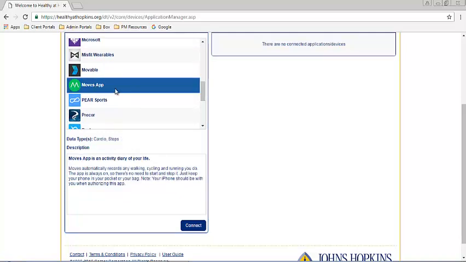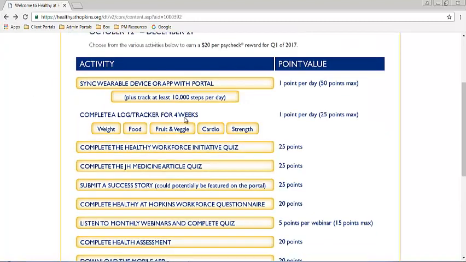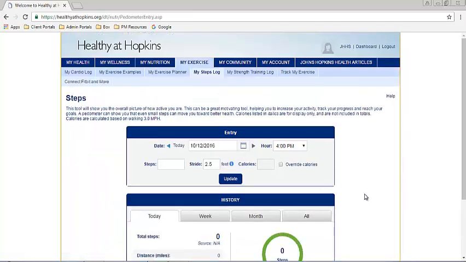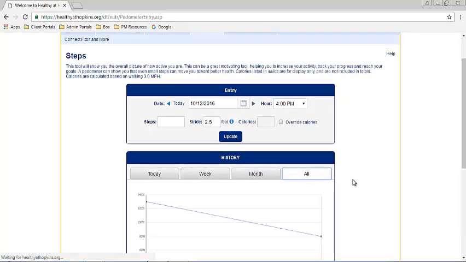This is compatible for both Android and iOS smartphones, something that you can download and then set up so that you can automatically track your steps, and something that will automatically come over to your steps log. So after setting up the technology on your mobile app as well as with this main page here, you'll simply just come back to this main scavenger hunt page and select plus track at least 10,000 steps per day, and it's going to take you to the steps log where you'll be able to select all tab,